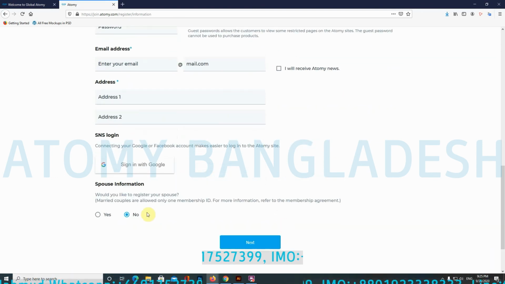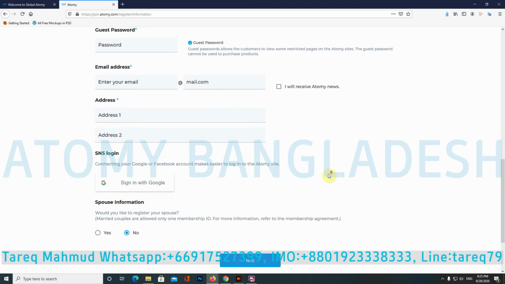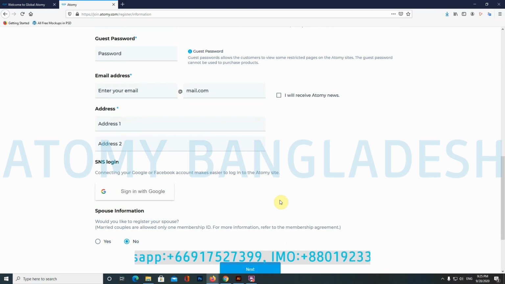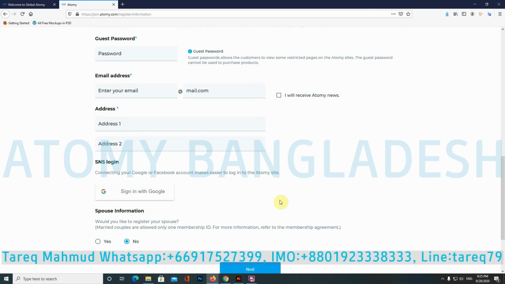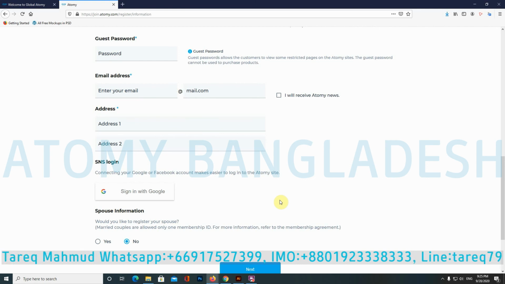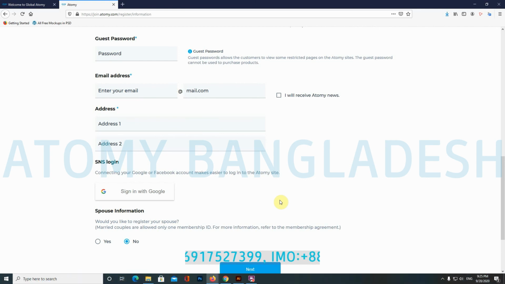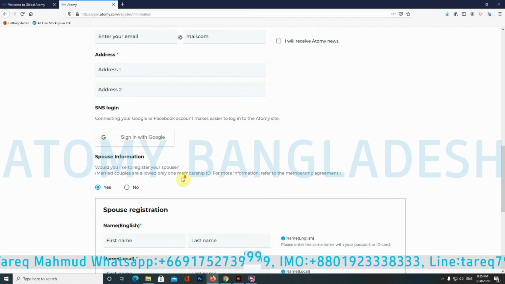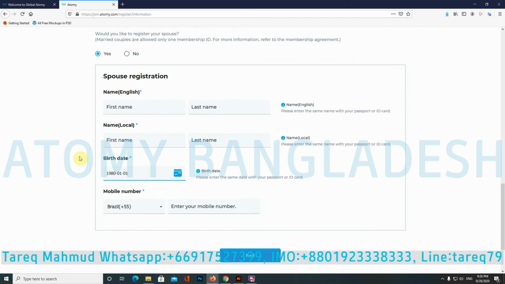And if you have a spouse, then you can give their information in there. As a married couple, Atomy's rule is that the membership will be only one membership for husband and wife. For your partner it will be only one member ID. So if you are married, then you have to put your spouse's name in here. If I click it, then you can see here it is. You have to give the name of your